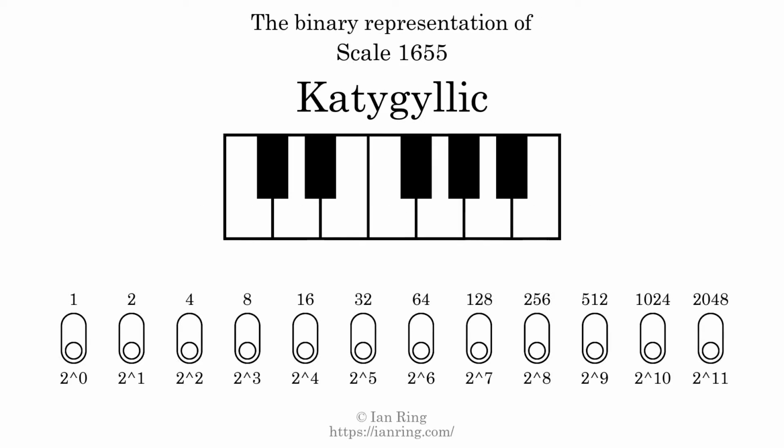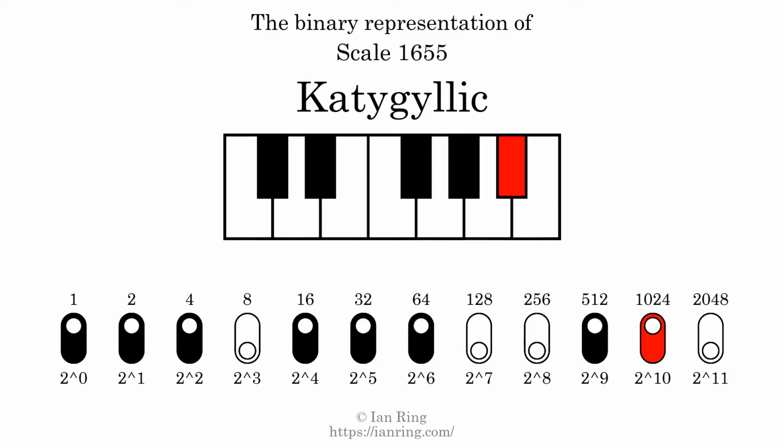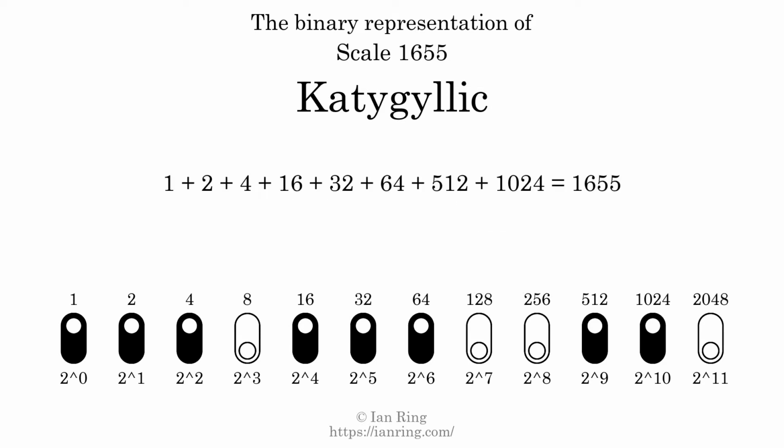The binary representation of this scale is determined by mapping tones of the scale to binary digits. Each binary digit represents a power of 2. To get the scale number, we add the powers of 2 together. The powers of 2 that are present in the scale, all added together, equals 1655. That is why the scale number, in decimal, is 1655. The scale number not only enumerates the scale with a unique index, but it also literally describes the tonal content of the scale. Represented as a binary number in base 2, the scale number is